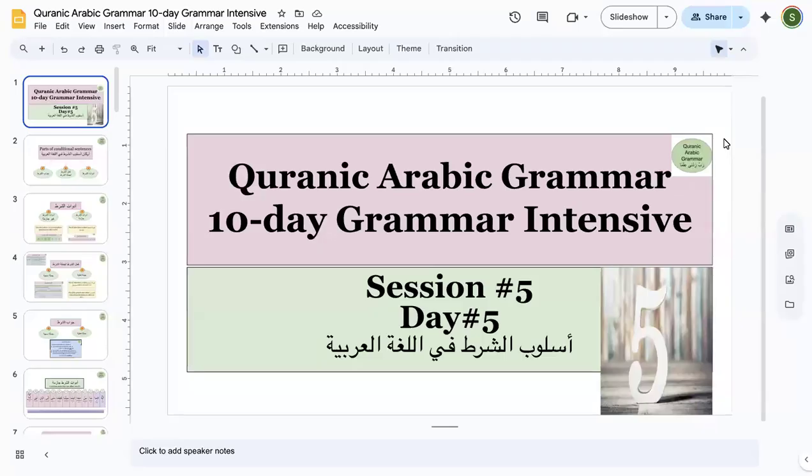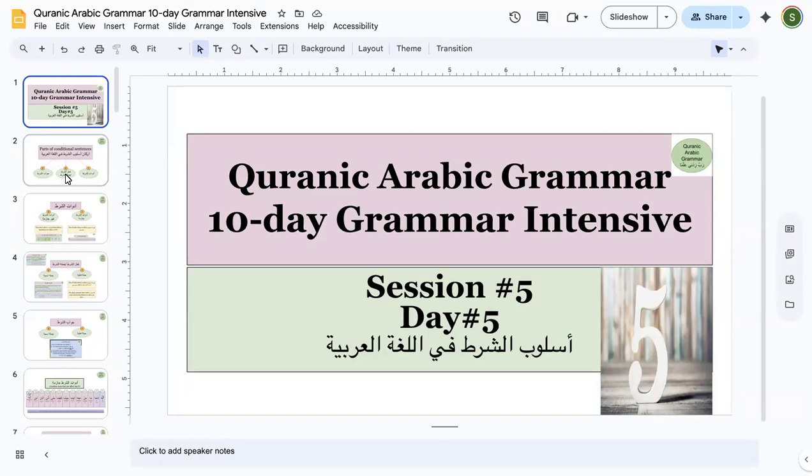Okay, so conditional sentences are those sentences where you will find a condition and then there is a response. Just like, if you eat honey, it is going to be beneficial for you. When you finish your homework, you will succeed in the test. If you pay attention to your class, you will get a lot from it. If you are taking good notes, you will be benefited. So in all these sentences, you have a conditional clause and then a response to the condition.